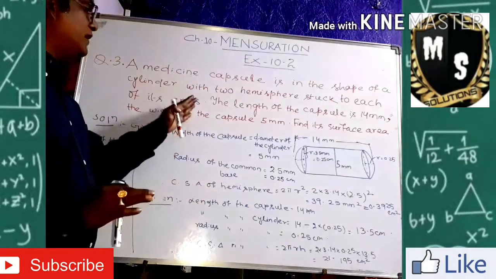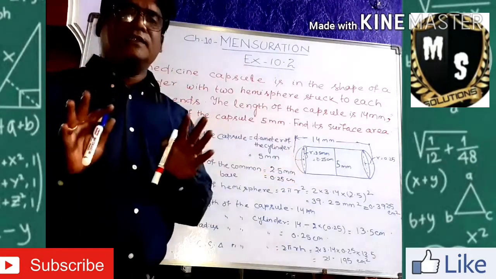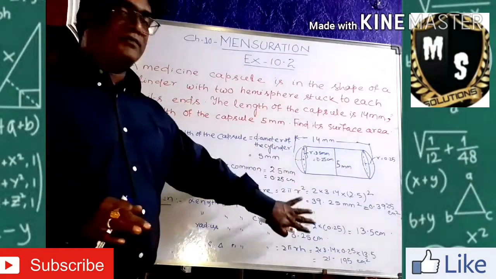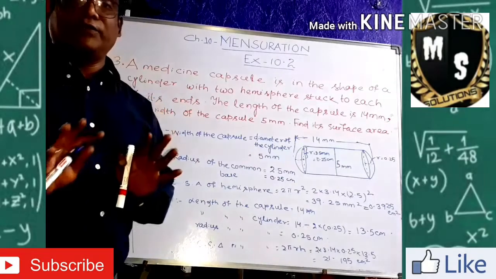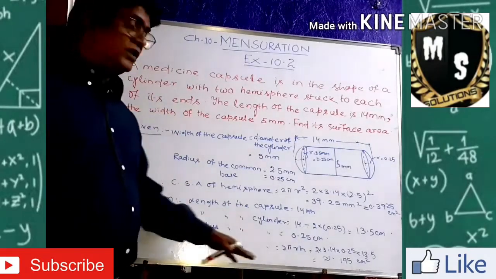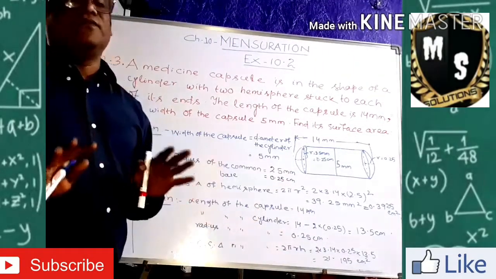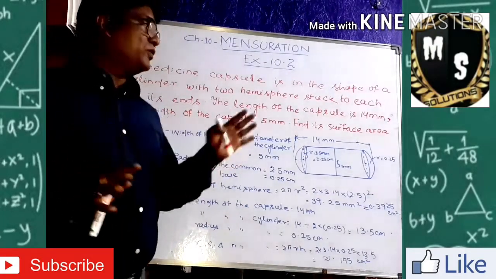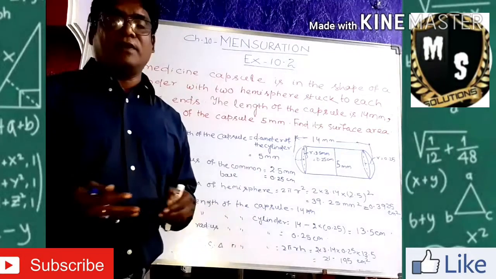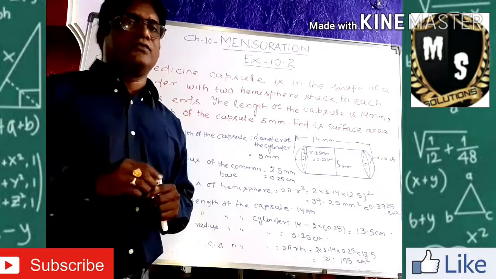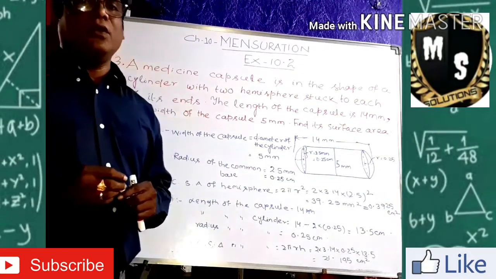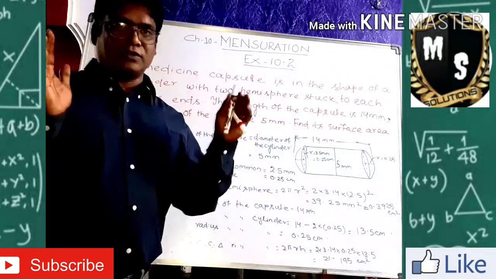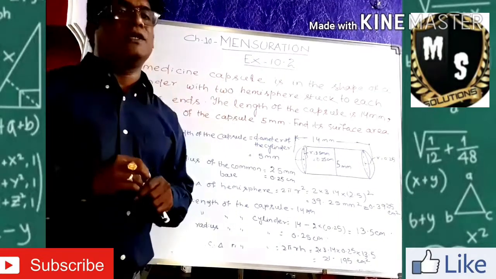According to the diagram, if you do the diagram nicely, write all your givens nicely, and convert millimeters and centimeters to one unit, and after that put your formulas right, then definitely these sums are very easy to do and you will get your calculations nicely done. I hope you understood this. Another 2-3 sums I will do for you. The next sum I am doing for you is the combination of cubes. That question I will do for you.